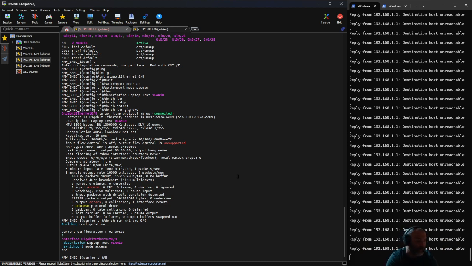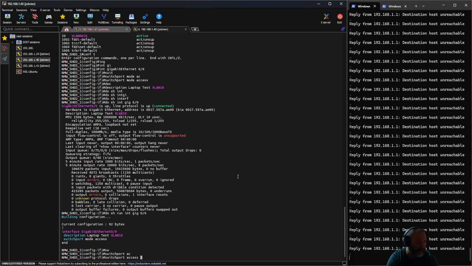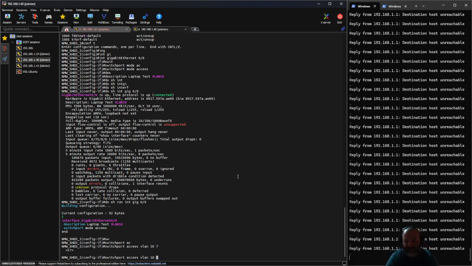And then what we're going to do is switchport access VLAN 10. Now hopefully, if I remember all this, this is where the magic happens. And that's the other thing, if you're not used to Cisco IOS, you can put a question mark at the end of everything and it'll tell you what other options are there, which is what I did just there to make sure I wasn't forgetting anything. So I'm going to hit enter,